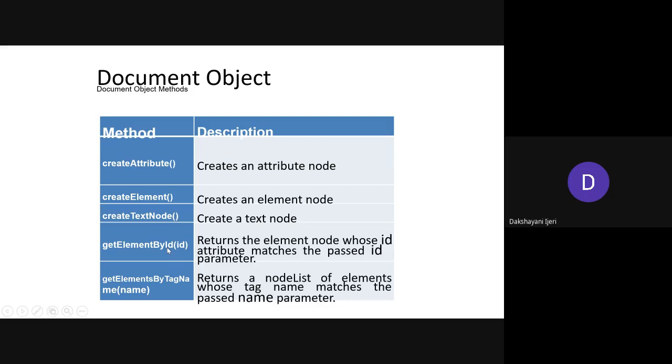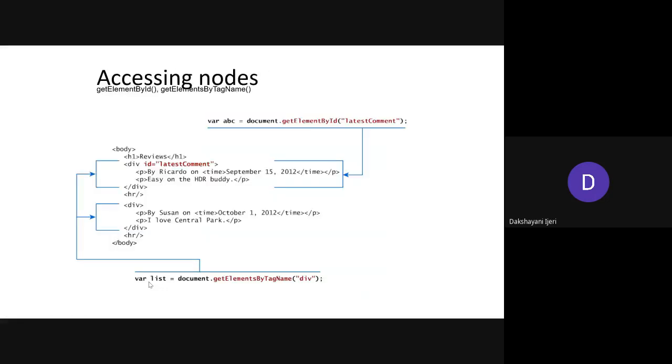So once you have created the element, and if you want to access that element in JavaScript, the method that you require here is getElementById. And if you want to access the element by the tag name, you can use the getElementsByTagName method here. Okay, so we'll see these with a few examples, and we'll discuss these examples, and meanwhile we'll try to execute a few examples to make it clear.